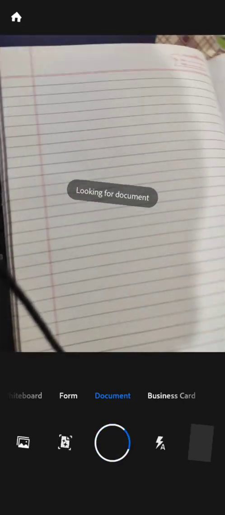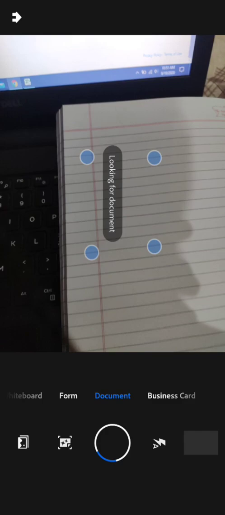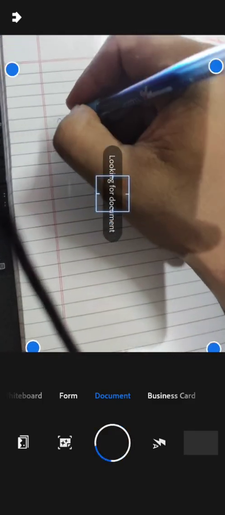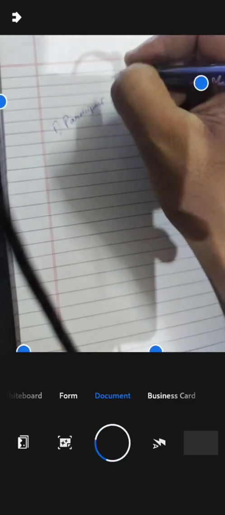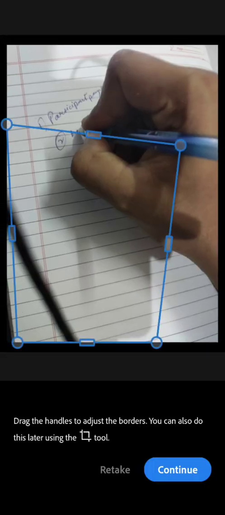So once you are here, you will have to scan all of your documents which you have written. First will be the participant page, and the other two will be essay pages. There must be 3 pages in total.